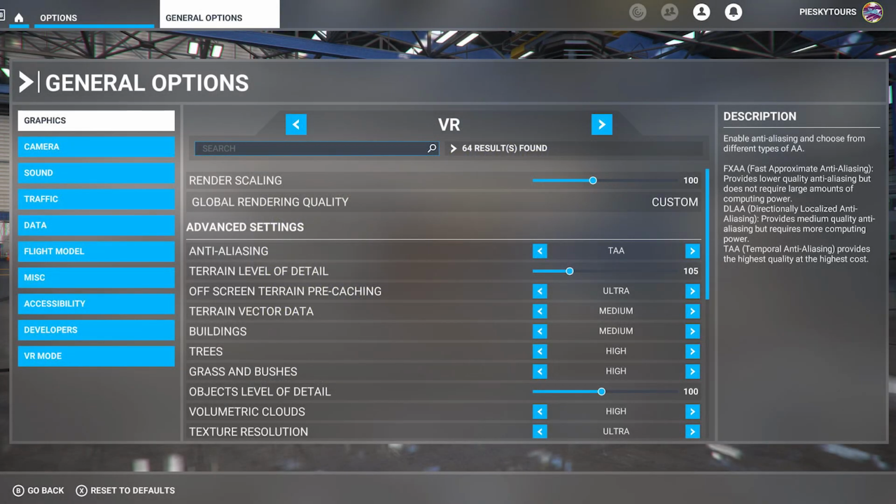And here you can see my in-game VR settings. I've got the render scaling set to 100. This is mainly because I'm using the OpenXR Toolkit. I've got the anti-aliasing set to TAA, terrain level of detail is 105, off-screen terrain pre-caching is ultra, terrain vector data is medium, buildings medium, trees high, grass and bushes high, objects level of detail is set to 100, volumetric